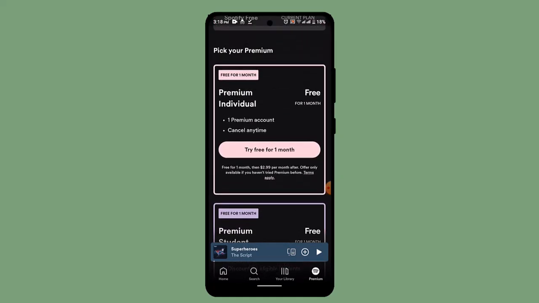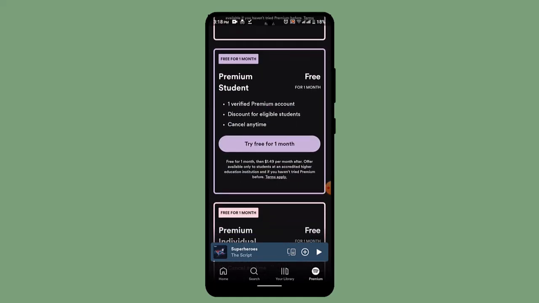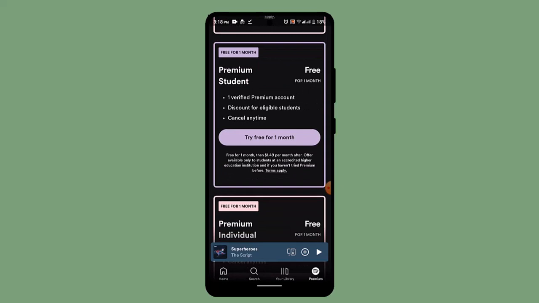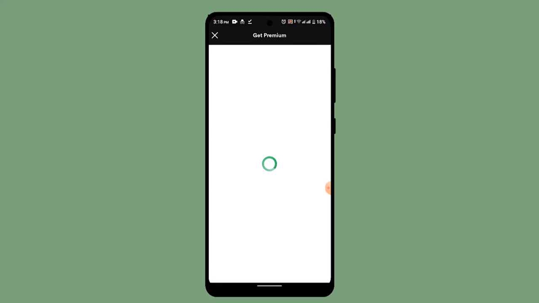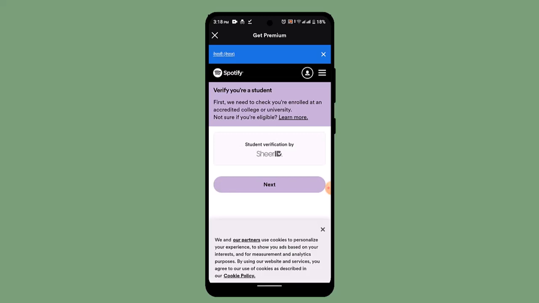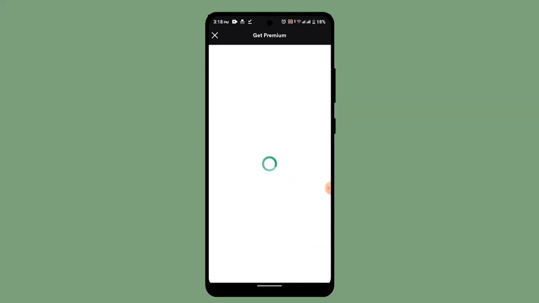After you've done that, scroll down and look for the option that says premium student, and in order to get started with, tap on try free for 1 month. After you've done that, it's going to take you to the web page, and here you'll need to go through all sort of information. So first of all, you'll have to verify, so click the next button once